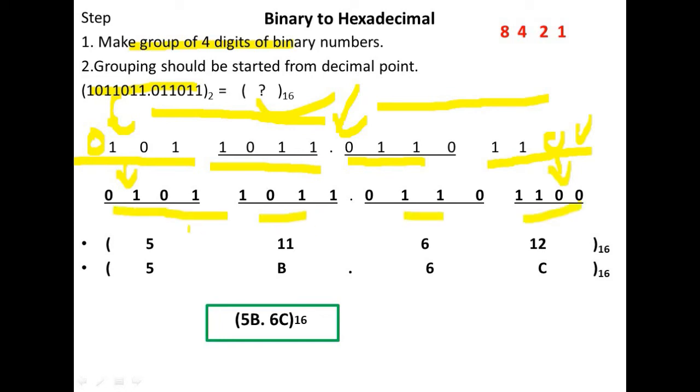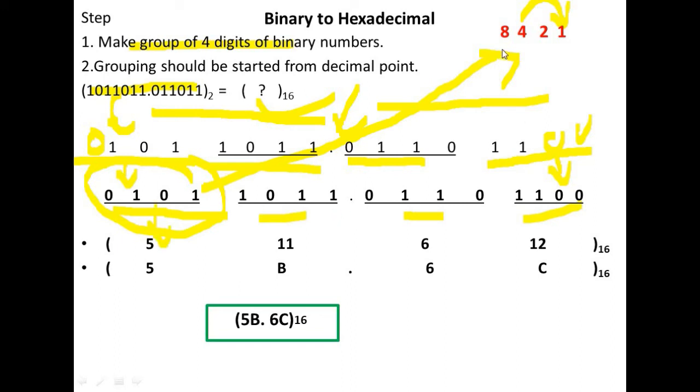Now we know how to convert these into hexadecimal. If you have forgotten, come to the 1248 positions, take the weights and add the weights where the 1 is present. So for 0 1 0 1, 4 and 1 are present. So 4 plus 1 will be 5. So the hexadecimal equivalent of this number will be equal to 5.